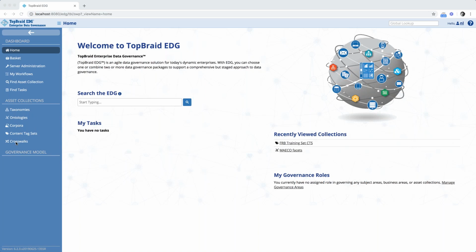The other feature that you can use from the landing page or the main page is Search the Edge that Jesse was talking about. This is basically our free text search engine over all the contents in Edge. The data that I have loaded now are these documents from the Federal Reserve Board that Jesse mentioned. So we can, for instance, start searching for banks,